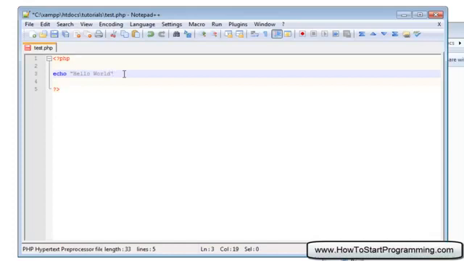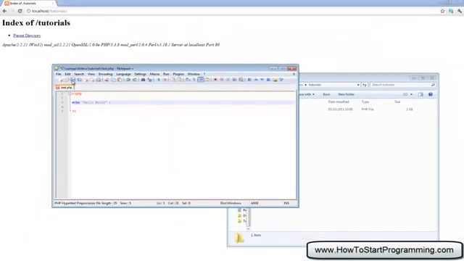And after that, this is one of the fundamentals of PHP. Every statement in PHP will end with a semicolon, so you need to put this semicolon in at the end. So if you wanted to do another echo down here, you need to put a semicolon after that. So if we save this now, and we go to tutorials test.php,